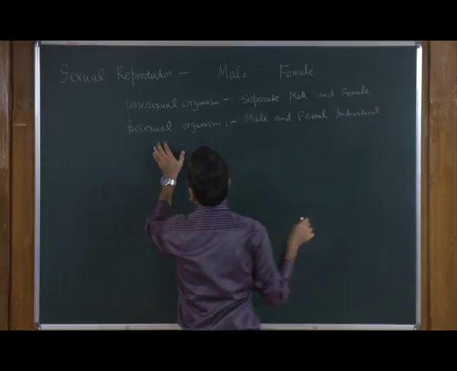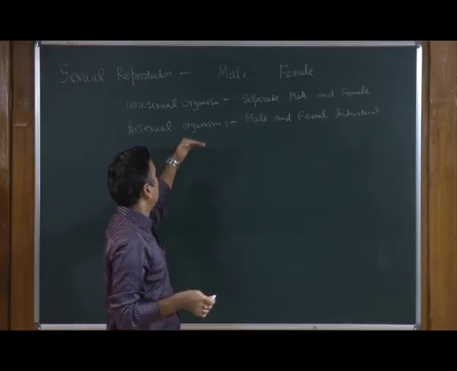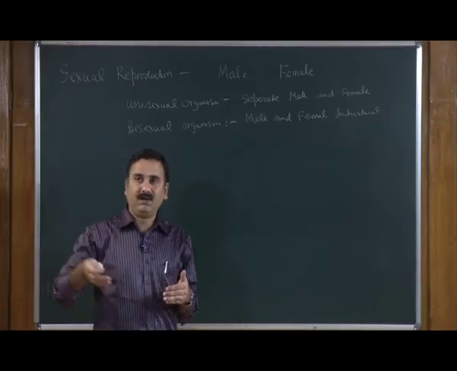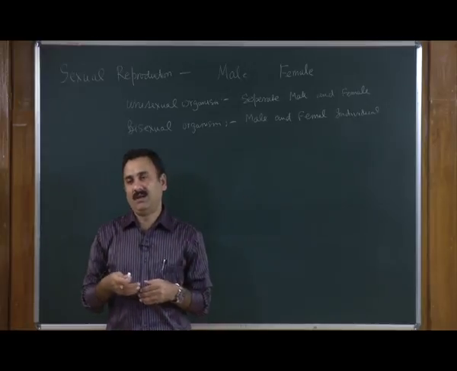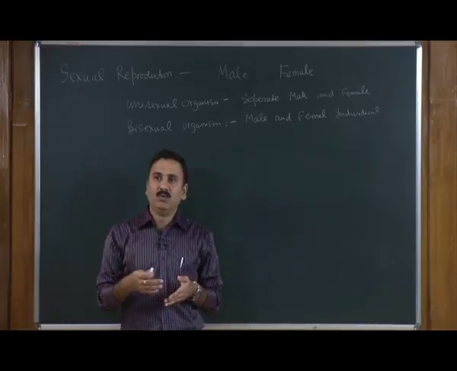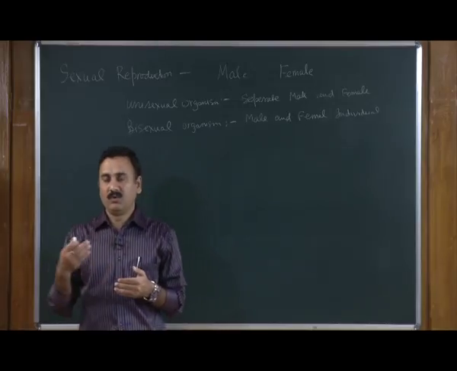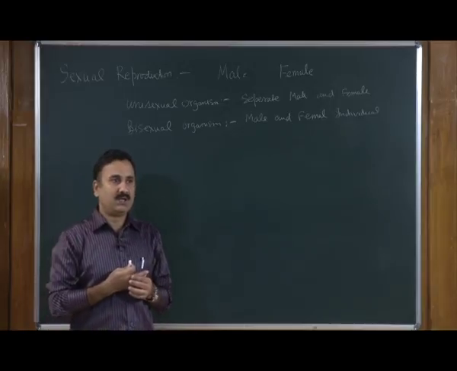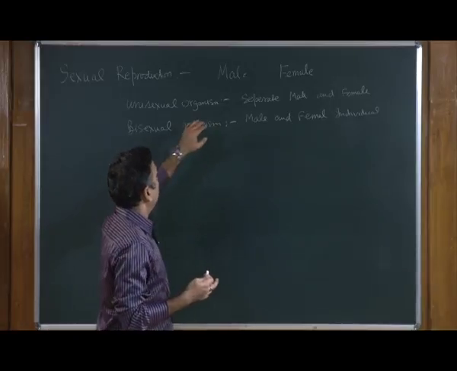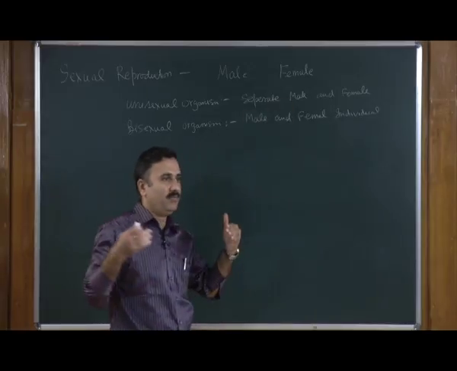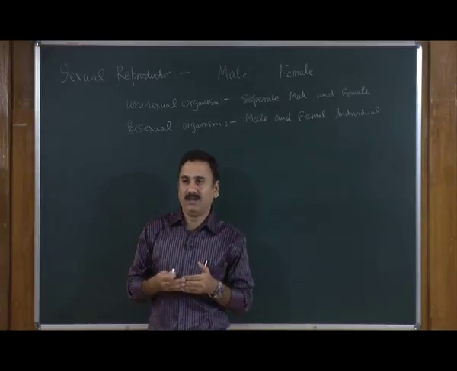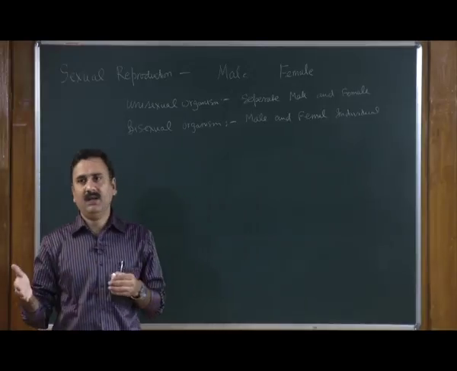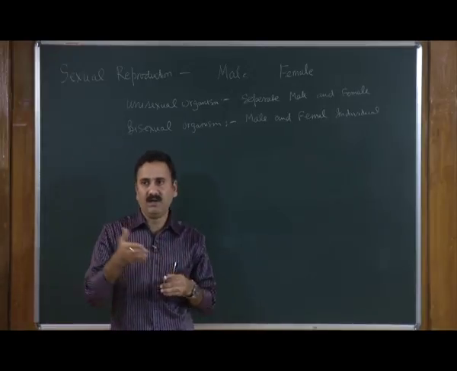The advantage of bisexual organisms is that they do not need another individual in close proximity, and they can use themselves to reproduce whenever they want to reproduce by sexual reproduction. But apart from this, sexual reproduction requires both the male as well as the female to mature enough so that they can be able to produce the gametes. And this whole process is different in different organisms.